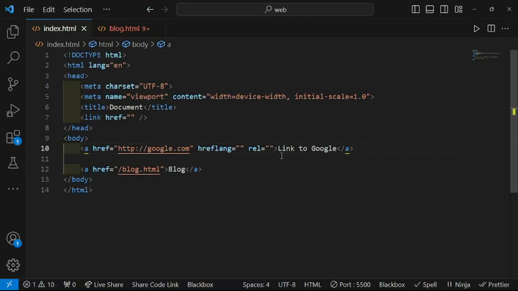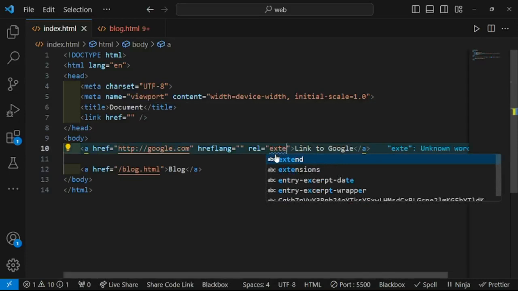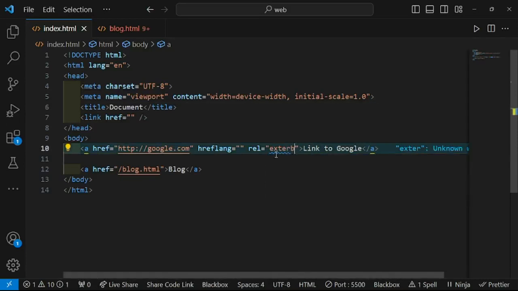So when we say external, that simply means whatever value we have for the href is an external document, an external resource. But when we say internal or relative, it simply means whatever value within the href attribute belongs to us, belongs to our document. So the other attribute I'll be telling you about,